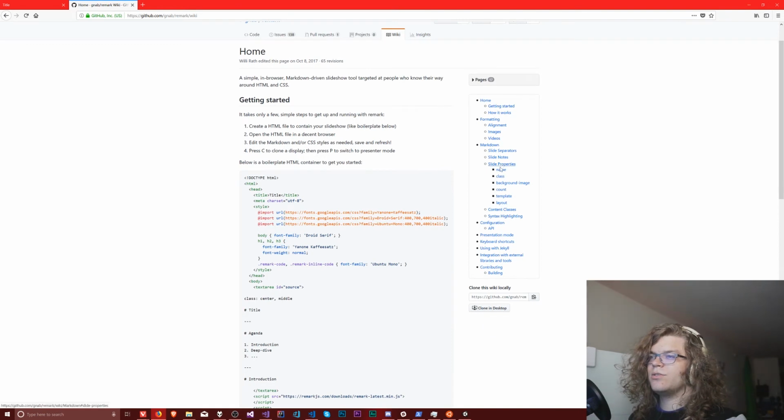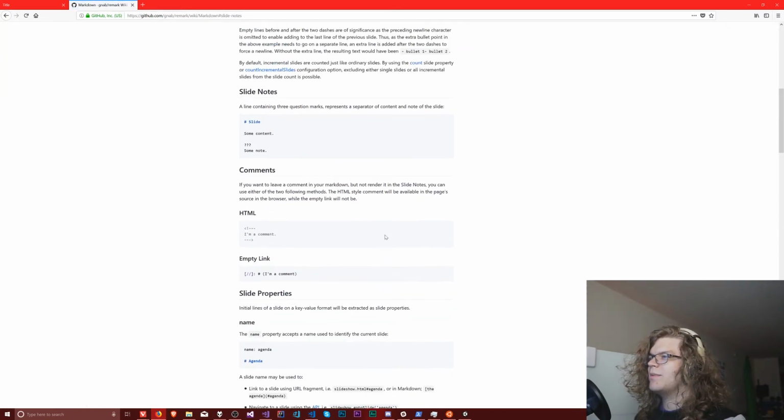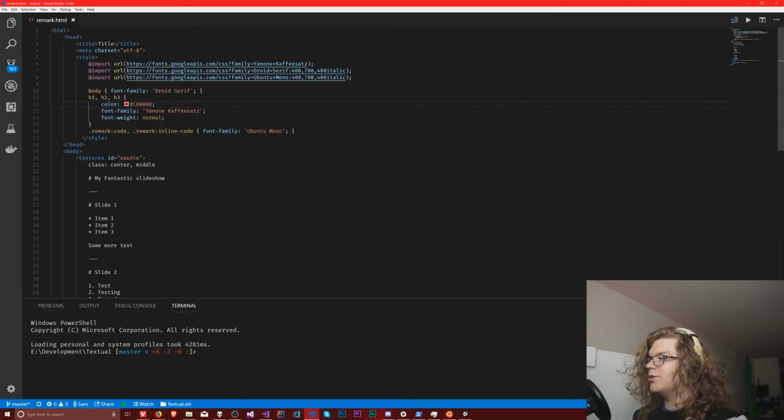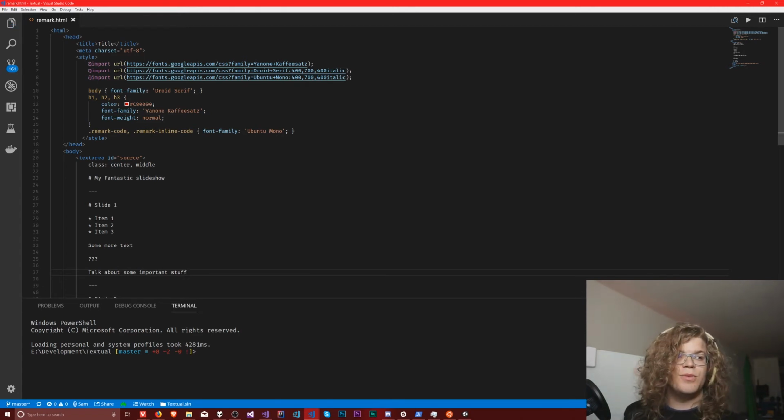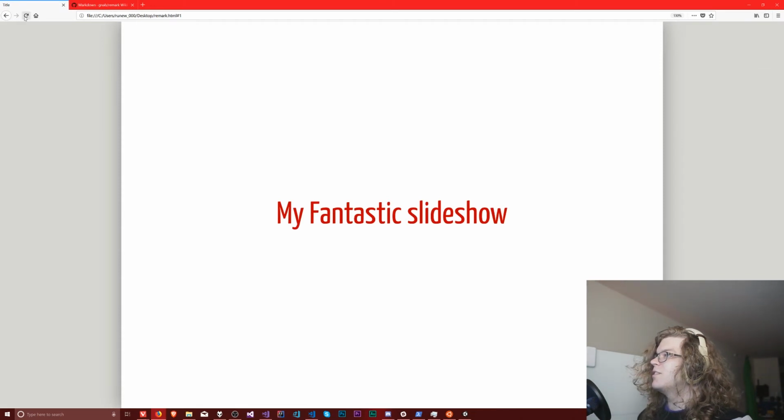And so let's do slide properties, templates, layouts, syntax highlighting, configuration, slide notes. Comments, question marks. So if we want notes, let's say I want slide 1 to have some notes. Talk about some important stuff. Because that's usually what you want people to do during a presentation, is talk about important stuff. So if I refresh this now,